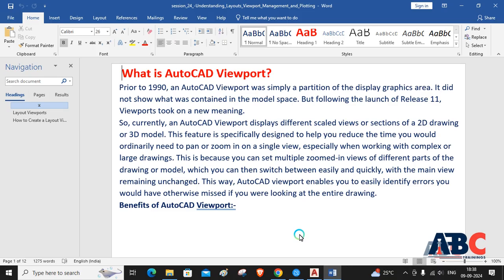model. This feature is specifically designed to help you reduce the time you would ordinarily need to pan or zoom in on a single view, especially when working with complex or large drawings. This is because you can set multiple zoomed-in views of different parts of the drawings or model, which you can then switch between easily and quickly, with the main view remaining unchanged. This way, AutoCAD viewport enables you to easily identify errors you would have otherwise missed if you were looking at